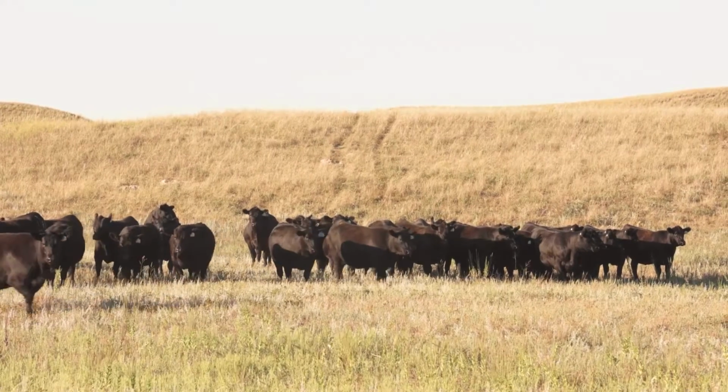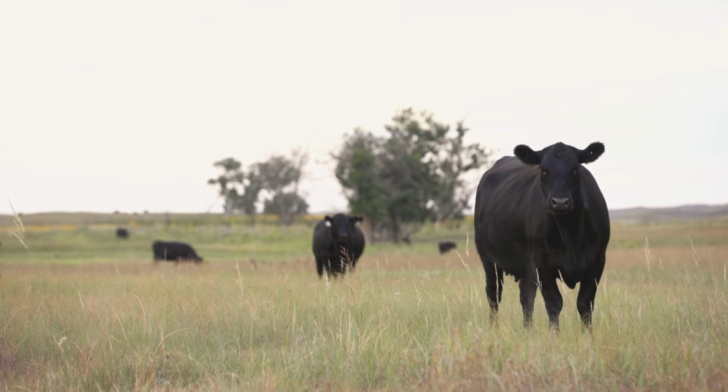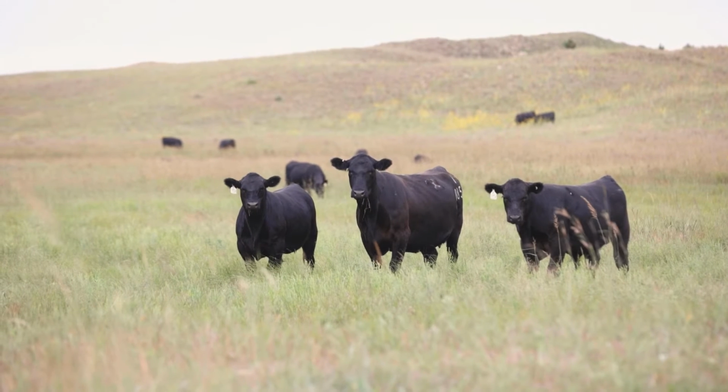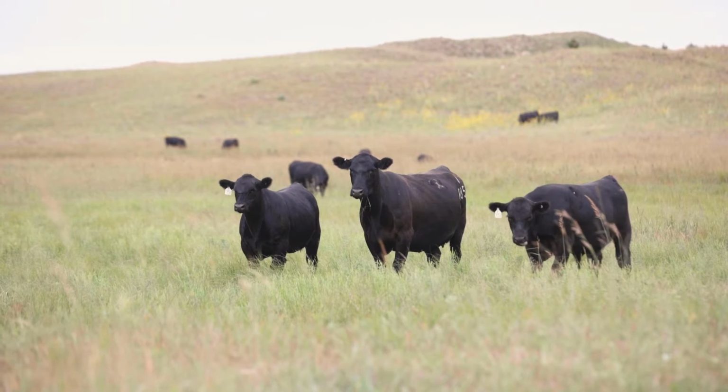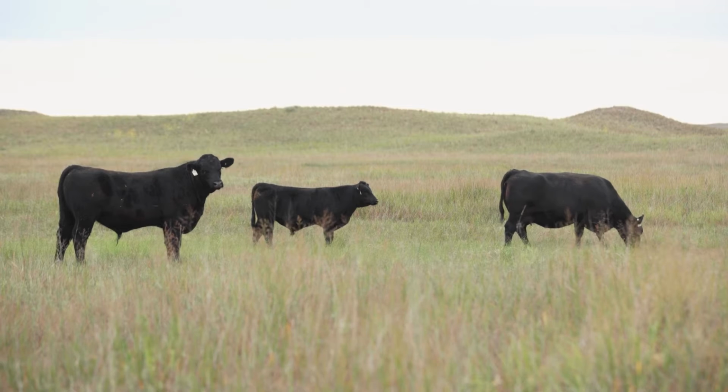Our products are in exhibit right here today. They use Concept-aid, which is our premier breeding mineral. We like to say it's the Cadillac of mineral. These cows are very content, they're out grazing. It's a relatively warm morning here today where we're at. This is what we want. We want cattle out grazing, doing the job they need to do for you, taking that grass and turning it